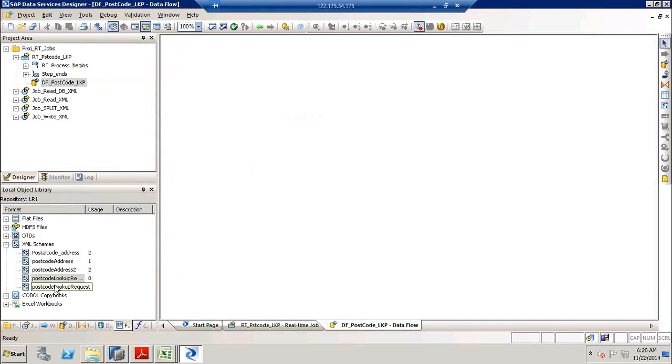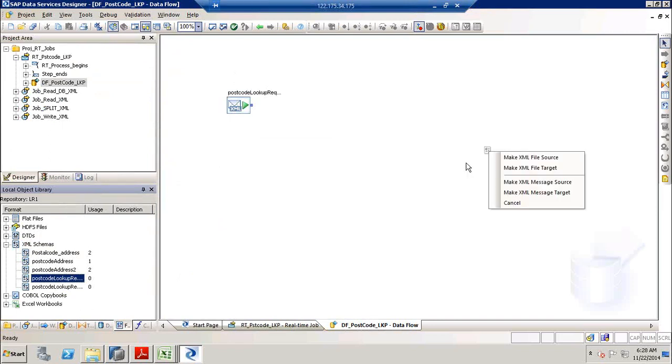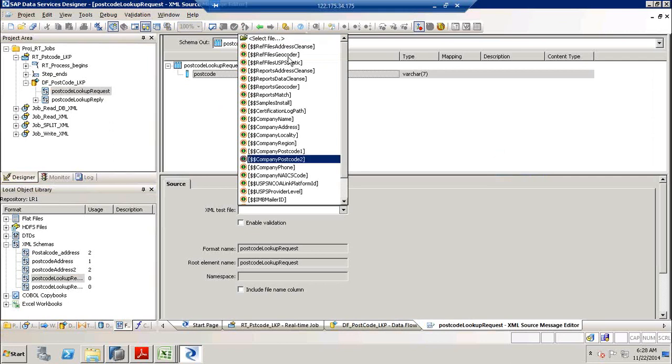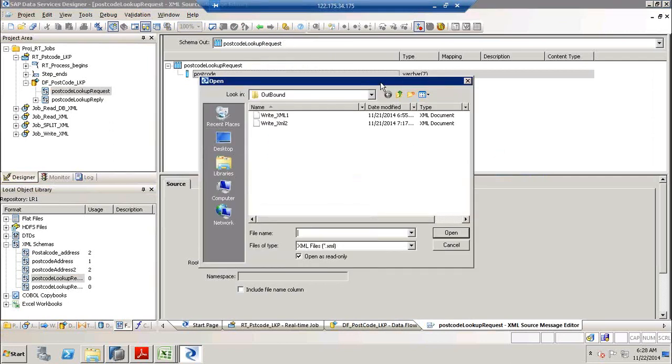Now within the data flow, I will go and pull in my request file. Now remember, this is the real-time job, so make it a message source, and the reply file, drag and drop it and make it a message target. Now click on the request file, go to the XML file test, and then